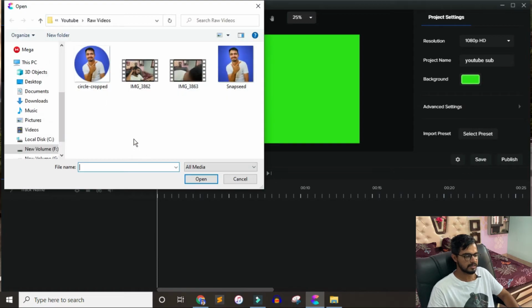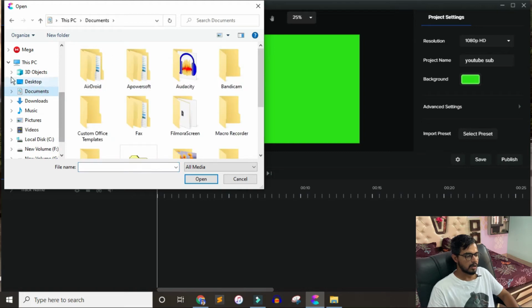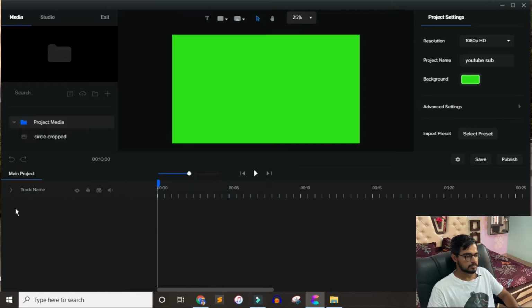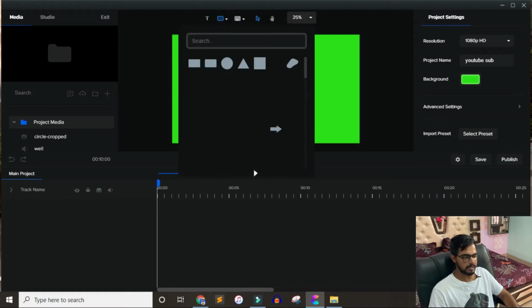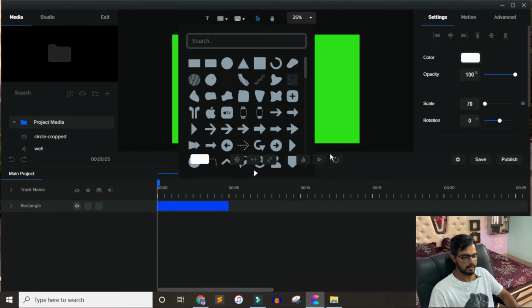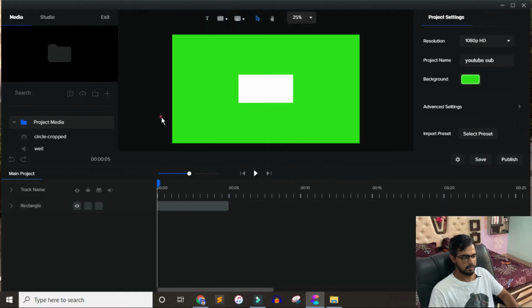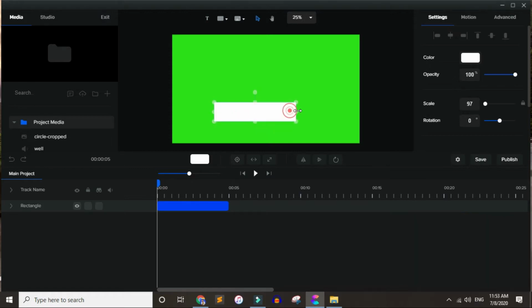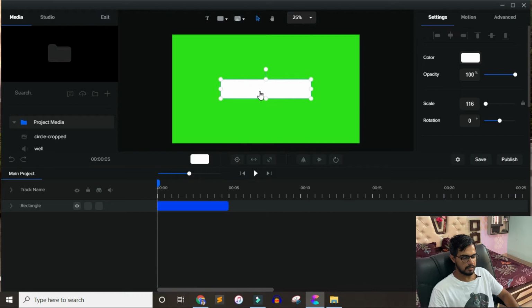The second thing is that bell icon. I have again downloaded it from the internet. Except for this, everything is available in Create Studio. So the first thing you need to do is click on callouts and import a rectangle. Let me change its position and size as well, and center it. Then I'm going to change its position.